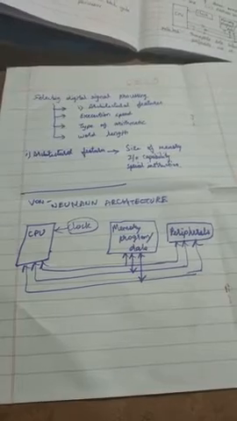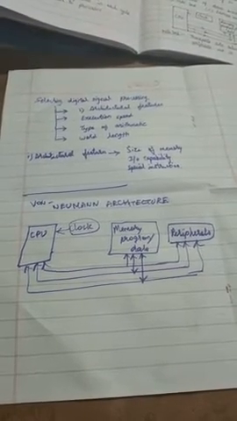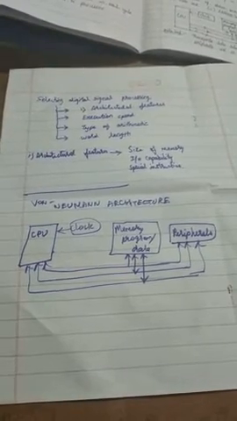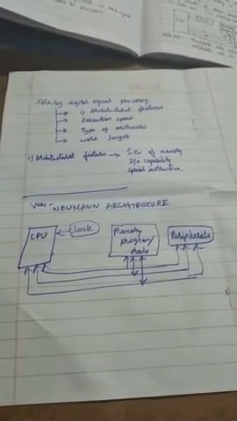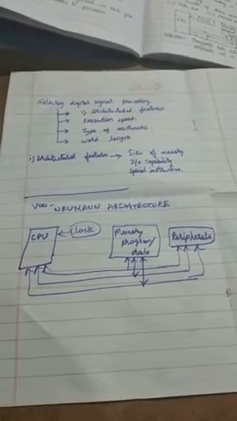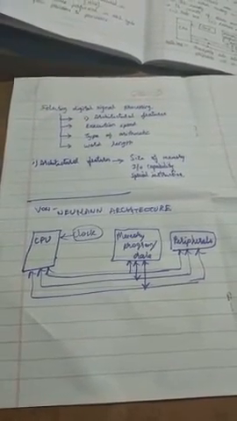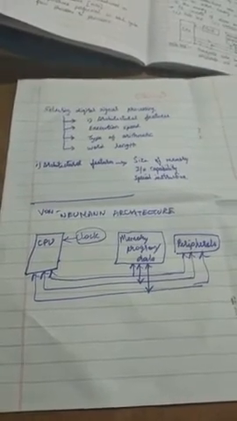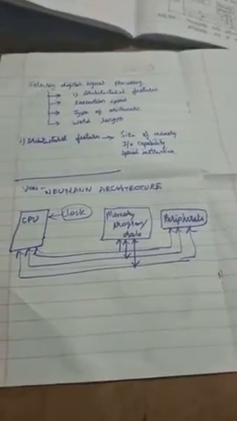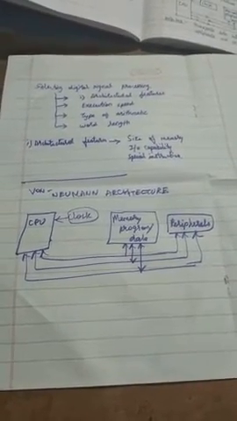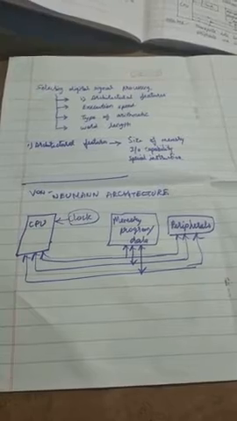The main points are: first, it is the first computer architecture programmed using coding; second, the coded instructions are stored in a ROM; and third, the CPU can either read from or write to the memory. It consists of mainly three buses. The first one is the data bus, the second one is the address bus, and the third one is the control bus.